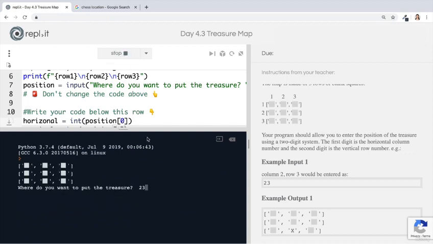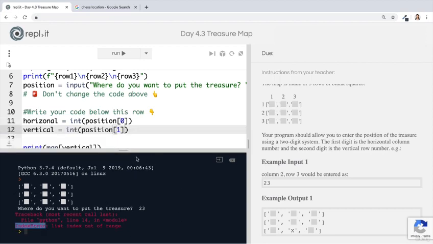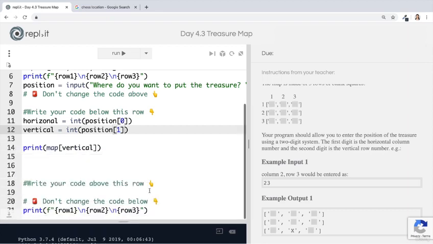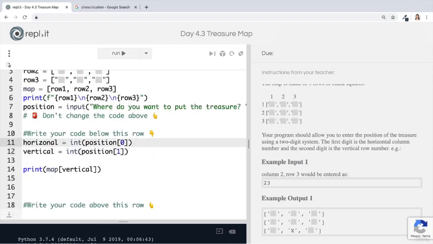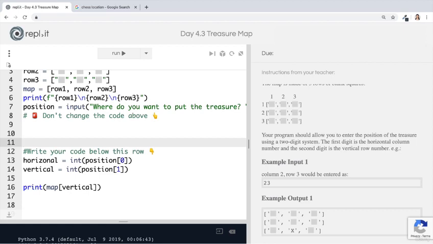Let's put 2, 3 in there, and we end up with the error that we learned about in the last lesson, which is index error. So it's out of range. So what's going on here? Remember that in our example, where the number is 2, 3, well then the horizontal is the first number, so it's going to be 2, and then the vertical is going to be the second